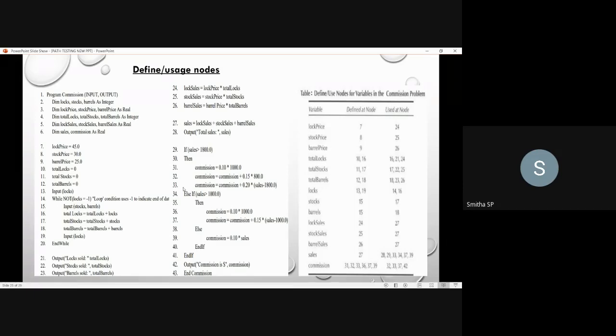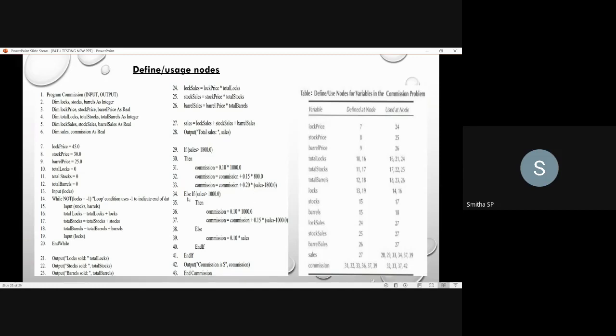Next, in the 33rd statement, you have used it. For 1000 sales you have computed 10%, and for 800 sales you have computed 15%, and for the remaining sales, if it is greater than 1800, while you are getting the difference, at that time you will use this. So that is in the 33rd node you have used it.